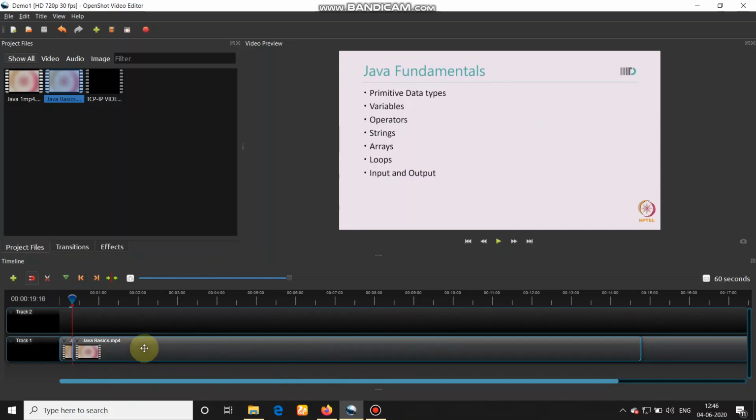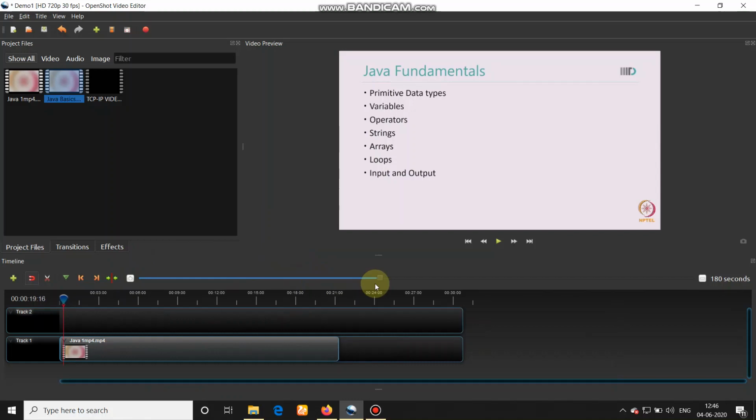This should not happen. So we will do one thing. We will remove this clip. For that particular reason, we need to find out the first track length, and then we just need to move the blue slider to the end of the first clip.